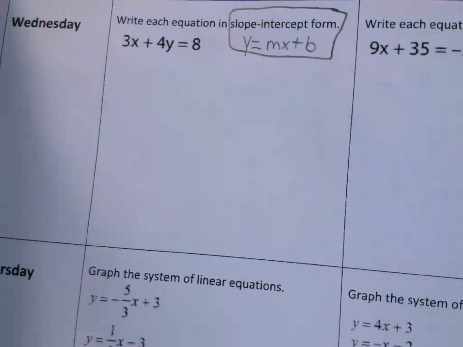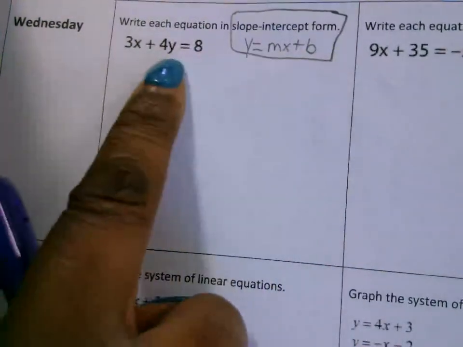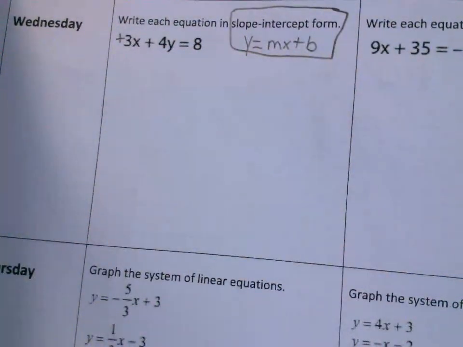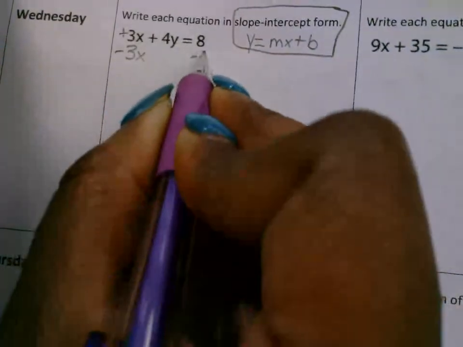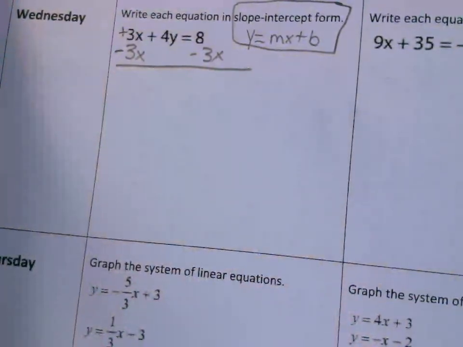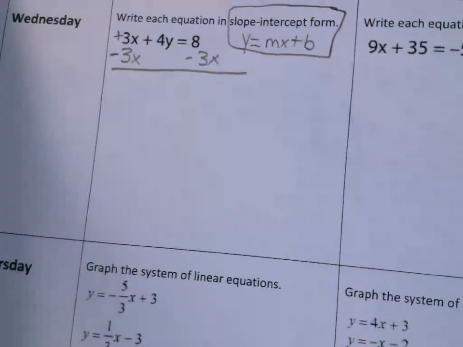All right, here we go. In order to get y by itself so that it looks like this, we've got to move 3x first. This is a positive 3x or a plus 3x. What is the opposite of a positive or a plus? So we're going to subtract 3x on both sides. That's what you're going to do first. That's the first thing that you're going to do to the example, this example here, okay? Write this down. You're right. No, that's right.